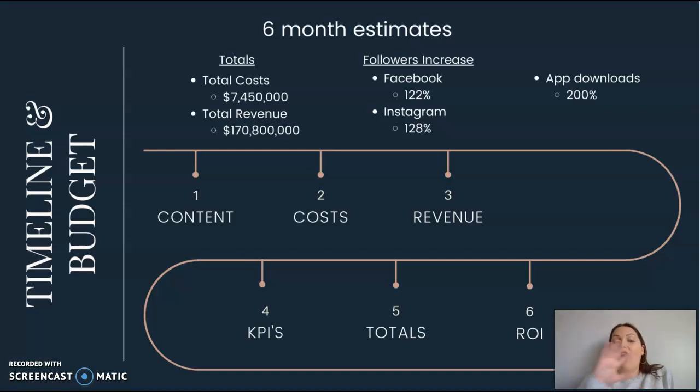Okay, so with all of that, our timeline that we have is over the period of 6 months. That total cost of the campaign, as you can see right here, is $7,450,000. Our total revenue is going to be